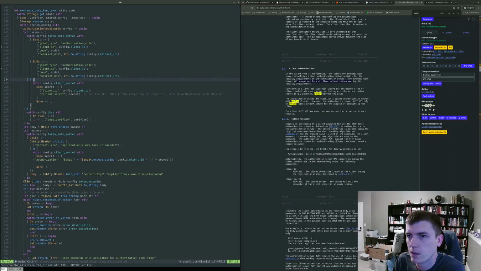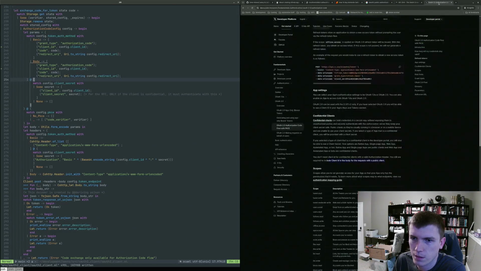Is there anything about... I feel like there may be some downside to having it in the body, right? Because for a confidential client, it's going to be the client ID and the client secret appended together using a colon and then encoded, which in itself is not secure, right?